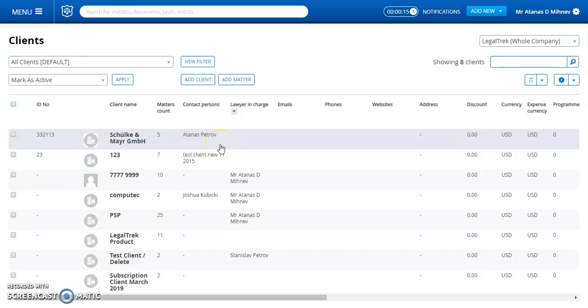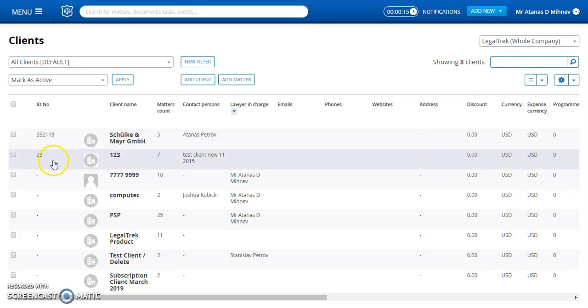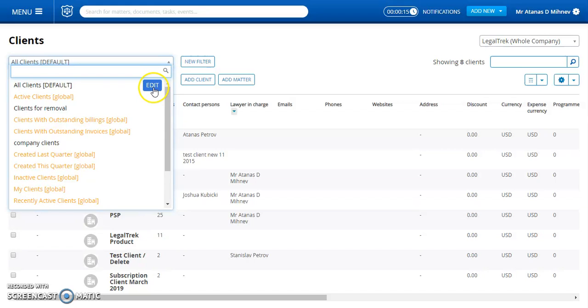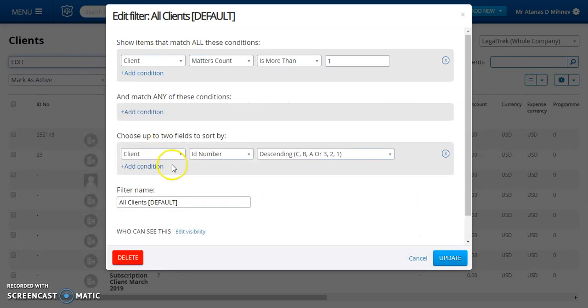Hi everyone, this would be of interest to those of you who use the ID number and have numbers for their clients. So we have created a filter and a sorting ability for you to filter and sort your customers depending on their numbers. So now if I'm going to go to editing my filter, what you're going to notice is this client ID number descending, and then clients would get, whether you select descending or ascending, clients would get